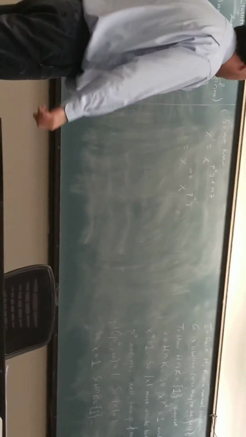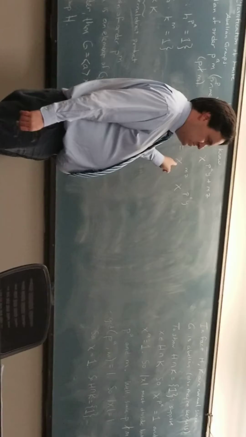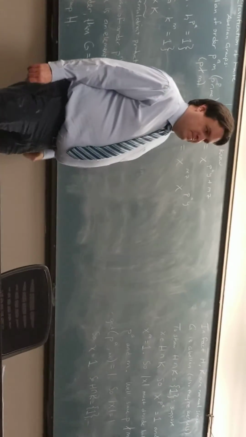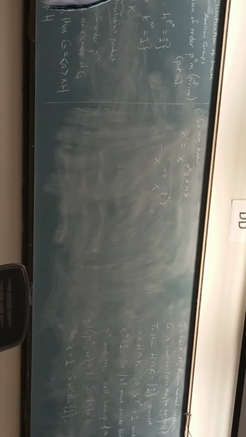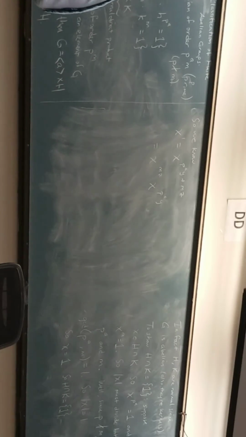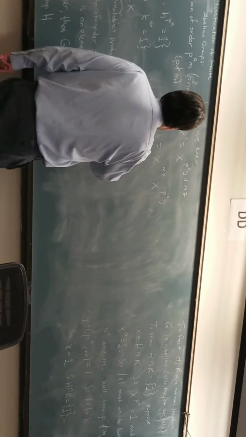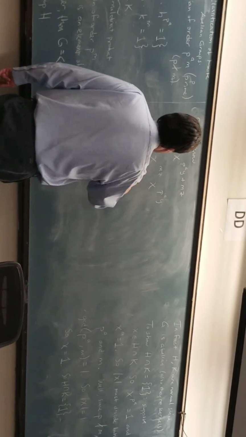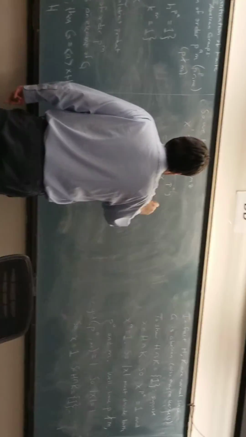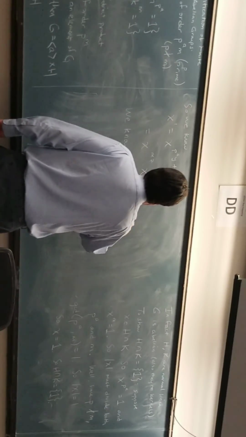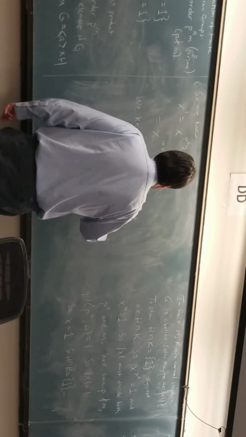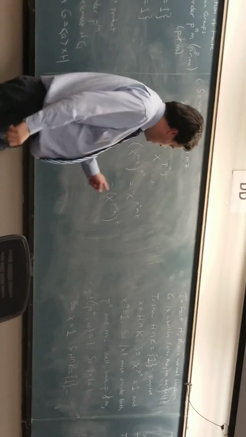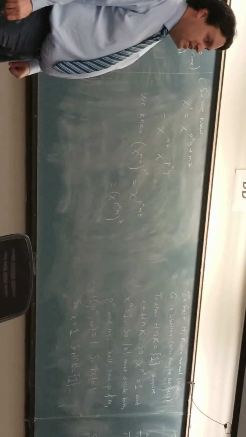Well, I claim this belongs to H and this belongs to K, because H is the set of things, the p to the a-th power of which is the identity. So it's x to the p to the a m z. And I probably shouldn't have erased that other step I had earlier. That was actually kind of useful to have around. What is this? That's the identity. It's the identity because